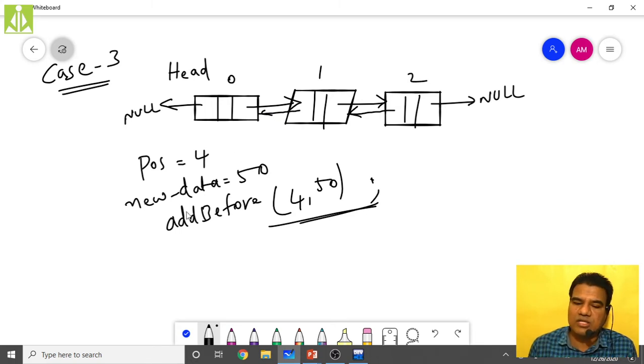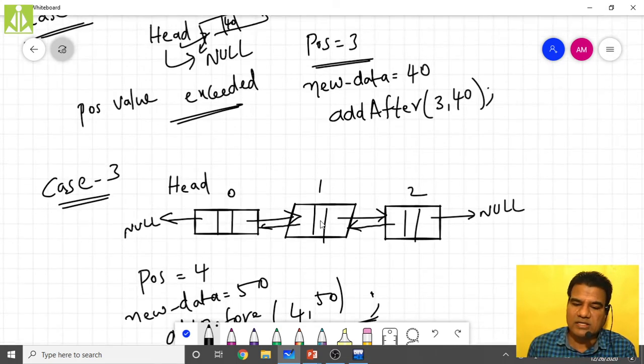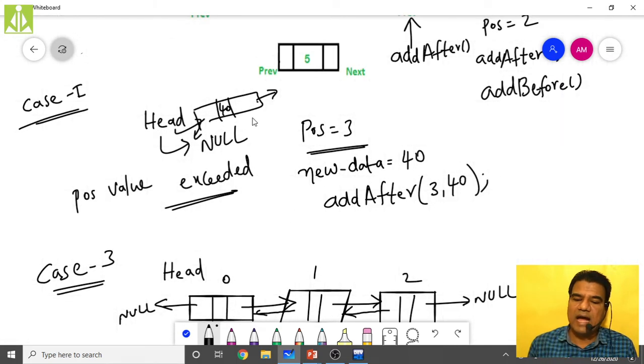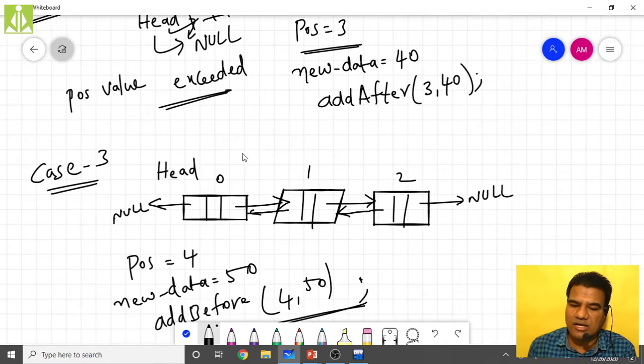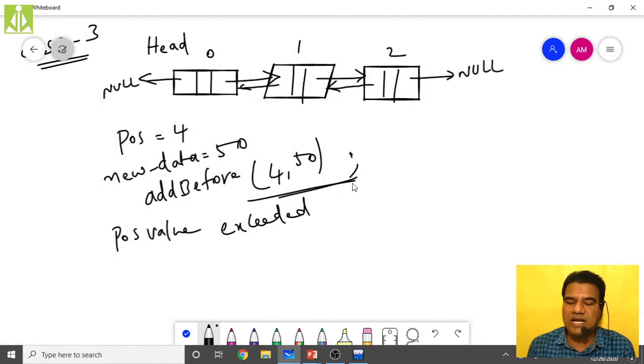Whenever your position value exceeds the number of nodes available inside the doubly linked list, we print an error message: position value exceeded. If your doubly linked list is empty, we'll go with adding that newly created node as the first node. But if your doubly linked list is not empty and your position value got exceeded, then we'll print that same error message, position value exceeded, on the output screen.